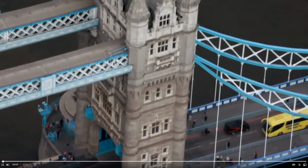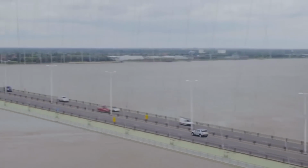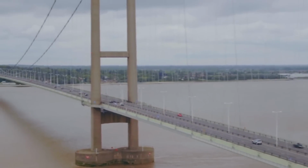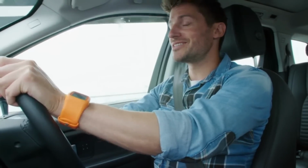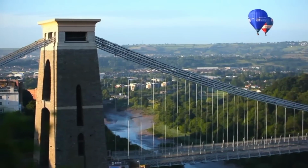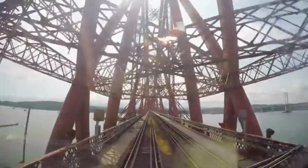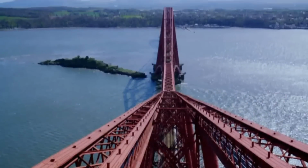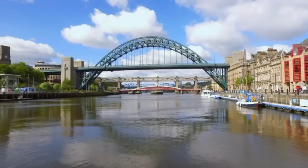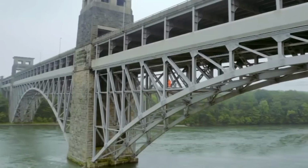Britain's iconic bridges, spanning our most dramatic landscapes, have not only linked our island, but made it great. These are the bridges that are known around the world, built by visionaries like Stevenson and Brunel, who are famous even today. Look at this! From the banks of the Tyne to the mighty Thames, from the Firth of Forth to the Menai Strait,